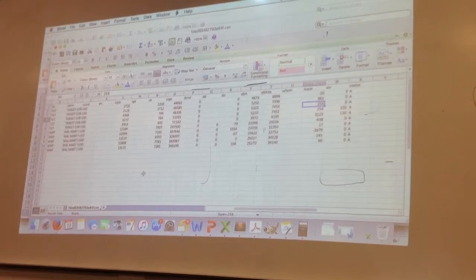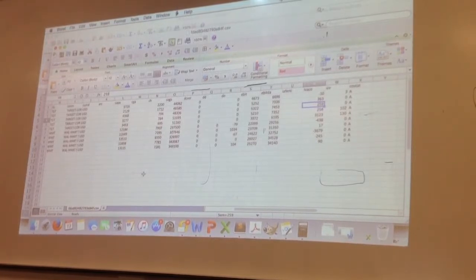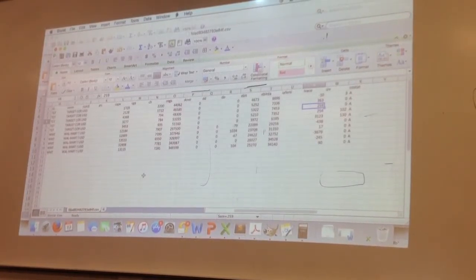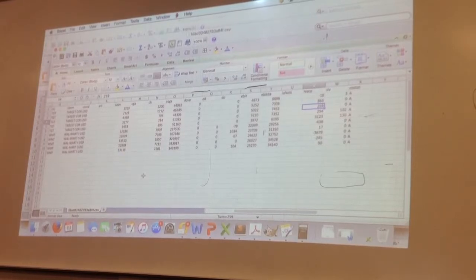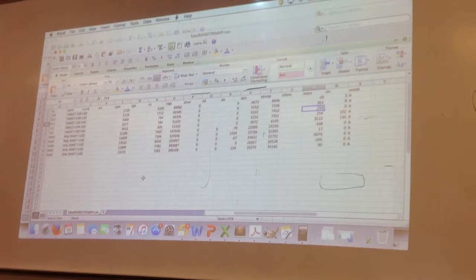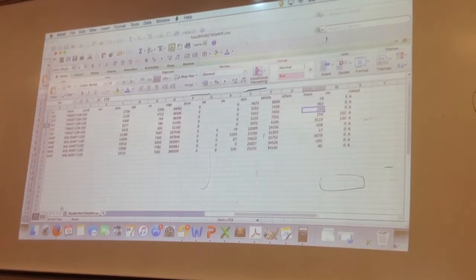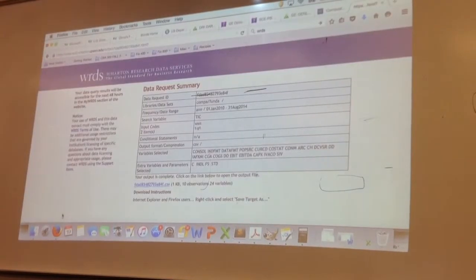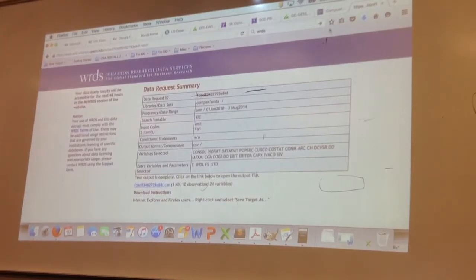And this is the most reliable data source that's out there. We pay a lot of money for this database, by the way. It's maintained by the Wharton School, and we pay a lot of money for this. But the thing is, what I was telling you is